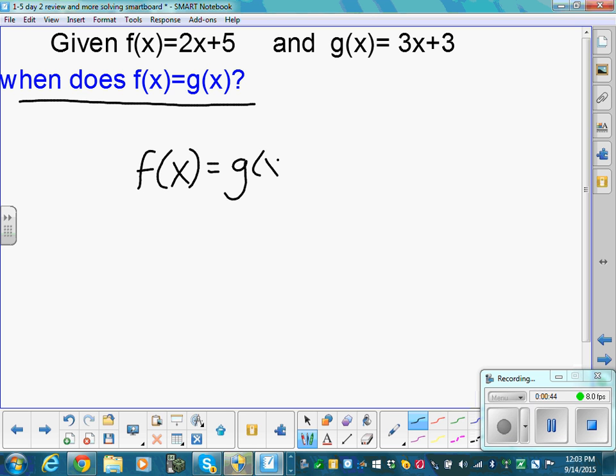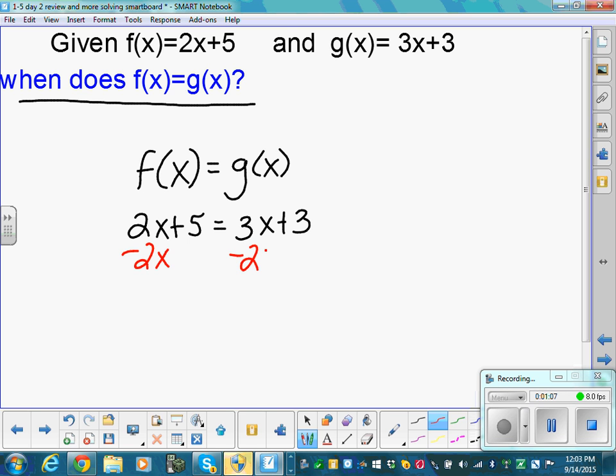So f(x) is equal to 2x + 5. So we have 2x + 5, which is equal to g(x), and g(x) is 3x + 3. Now on the left I have an x, on the right I have an x. Now we can combine those as long as we use the correct operation to get from one side of the equation to the other. So I'm going to go ahead and combine my x's, but I've got to subtract 2x